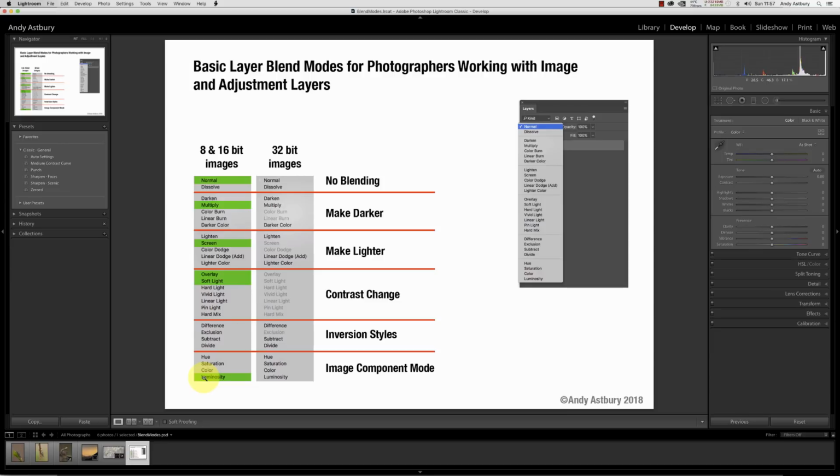What I want to do today is just introduce you to multiply and screen and show you something really cool and really simple, and how you can make changes with either of these two blending modes to an existing image without using the sliders in Lightroom and generally messing about and basically changing the levels of the pixels in the image. So the first thing we're going to do is look at multiply,